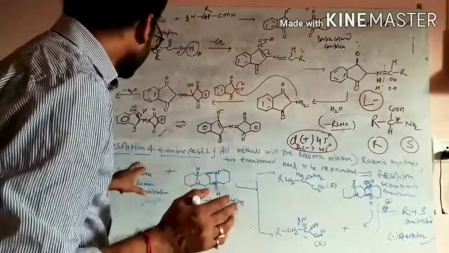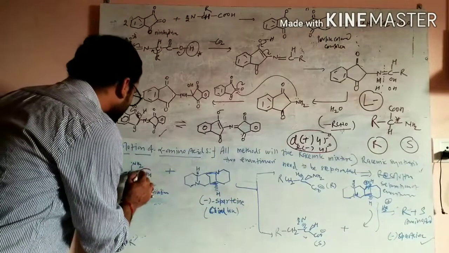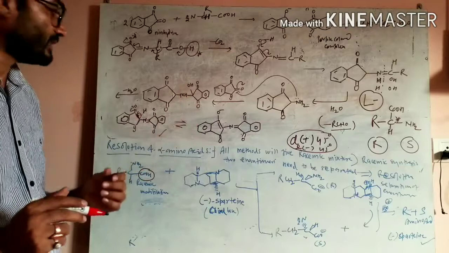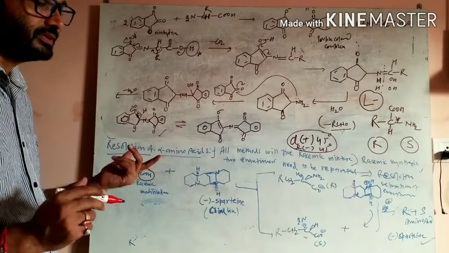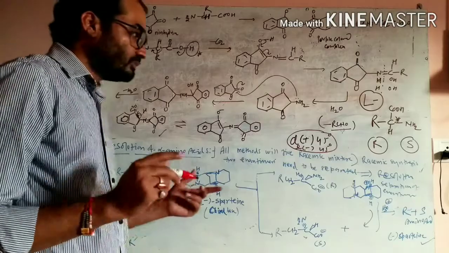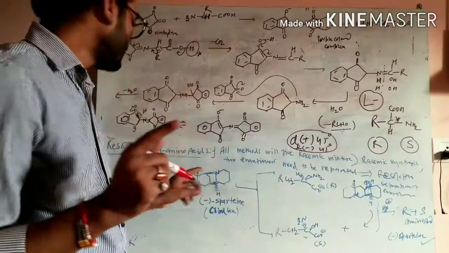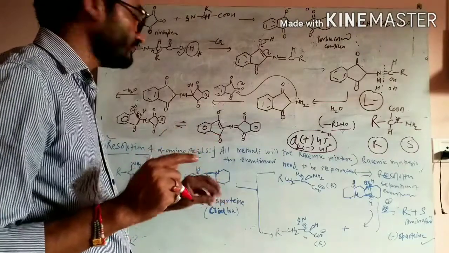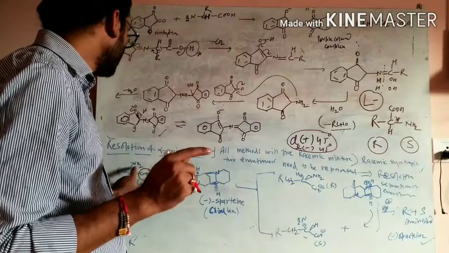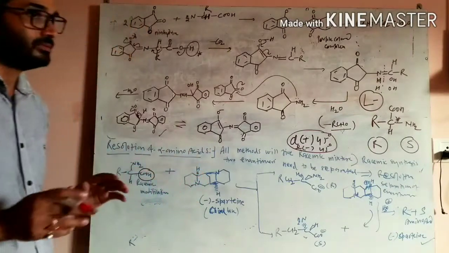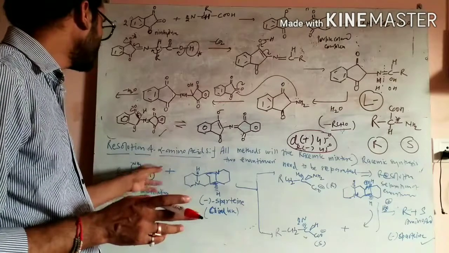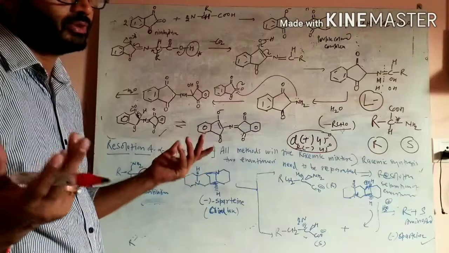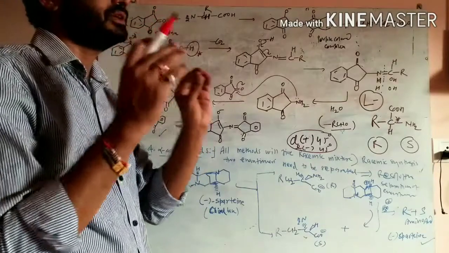In this amino acid molecule, the COOH group is acidic in nature. It can easily give H plus to a base. When amino acids exist in solid form, they have COOH and NH2, but when they are in solution, they exist in the zwitterionic form. They are not going to exist in the neutral form; they will exist in ionic form, whether cationic, anionic, or zwitterionic, in solution.